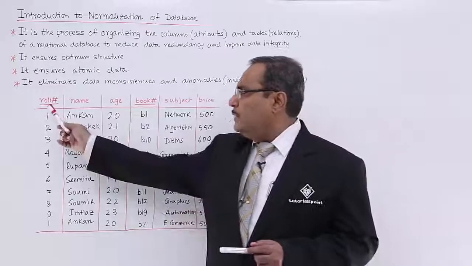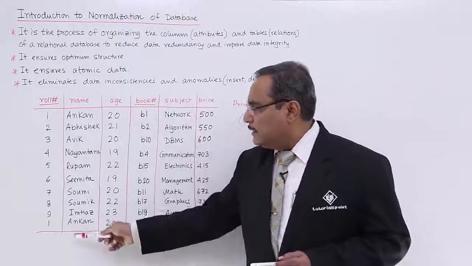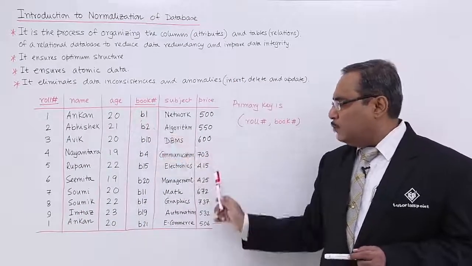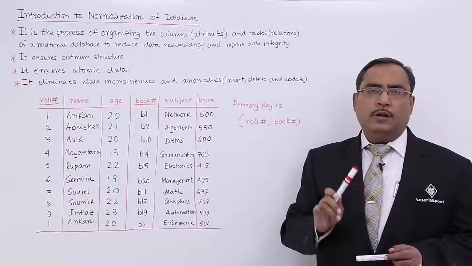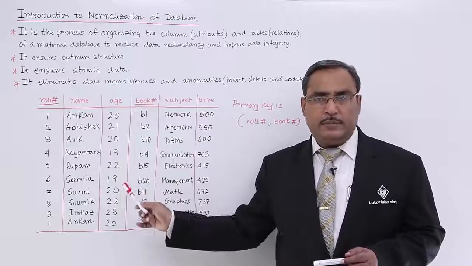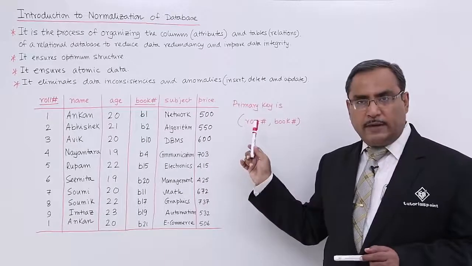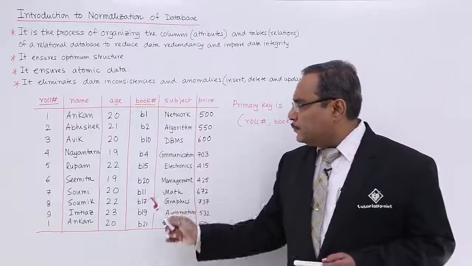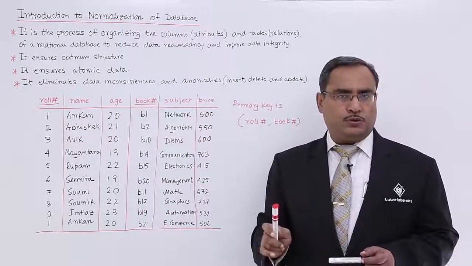So, let us suppose we have this roll number, name, age, book number, subject and price, and this is the list of names given with the ages, and this is the list of book details given with the subject and price. Okay, now let me tell you how this particular library management system database has the insert anomaly. We are going to discuss the insert anomaly at first, then we shall go for delete and update. Okay, now let us suppose the college authority has purchased another 5 new books.